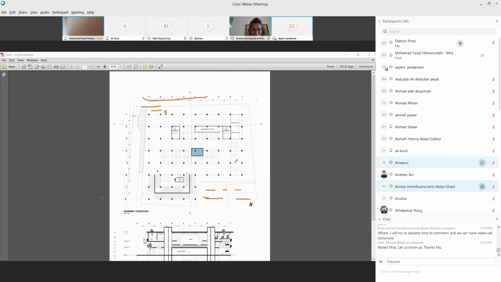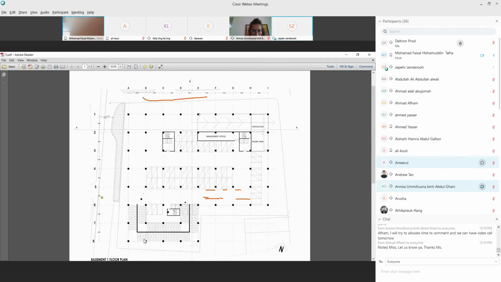Right now, how many meters? The grid line, you mean? No, this one, how many meters?